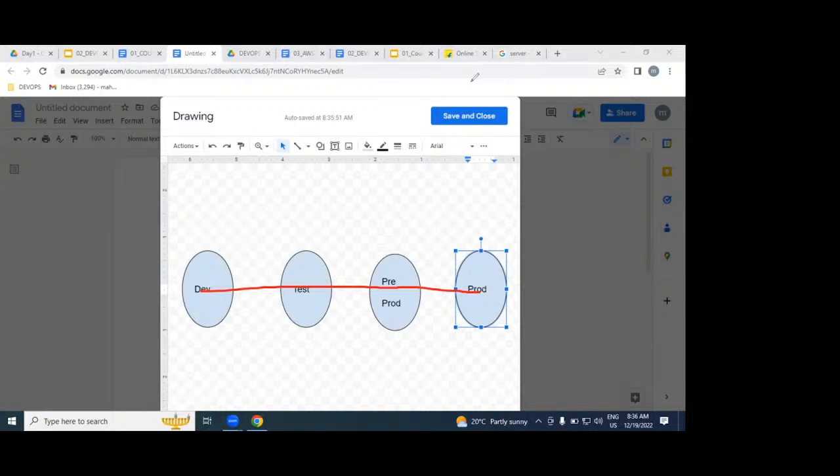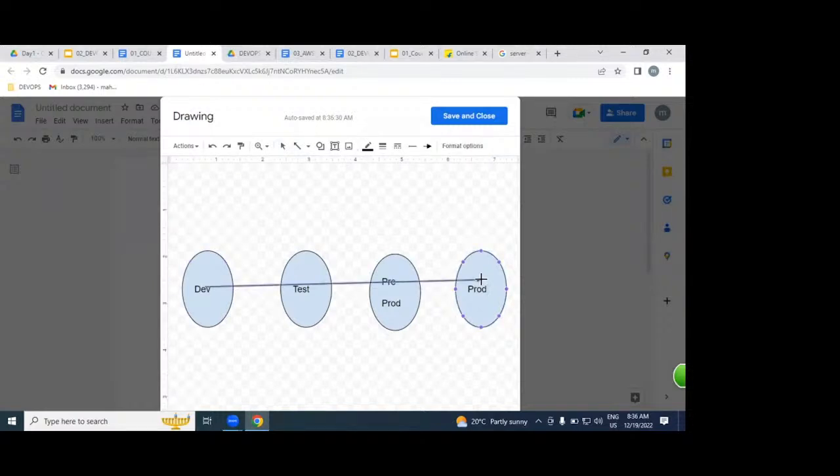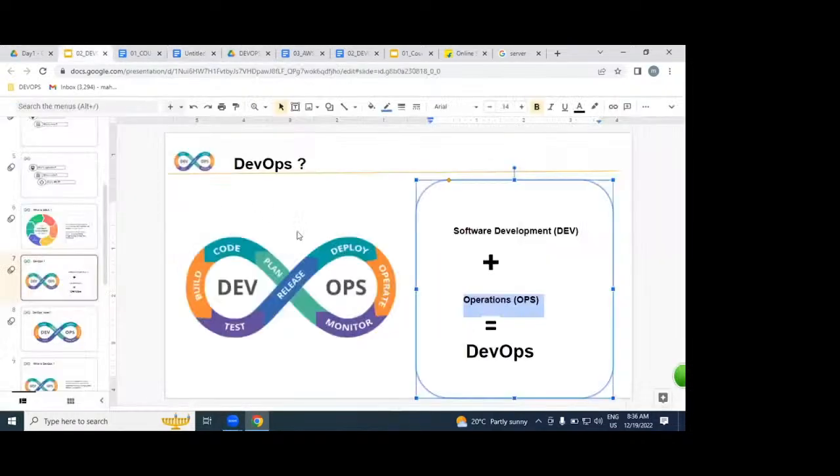My point is that as a DevOps engineer, our roles and responsibilities start from the dev environment and end with production. It's nothing but operations, guys. That is the point I want to discuss with you.